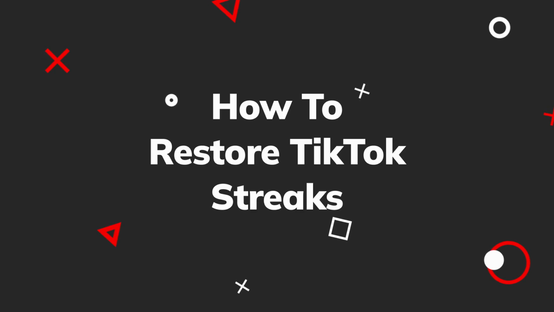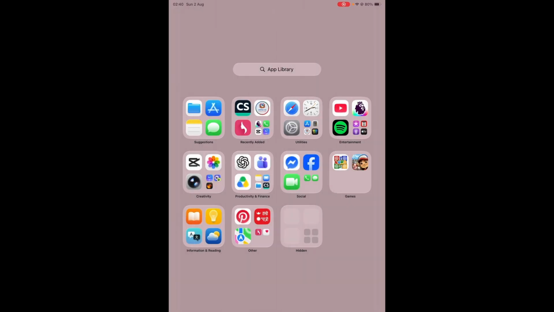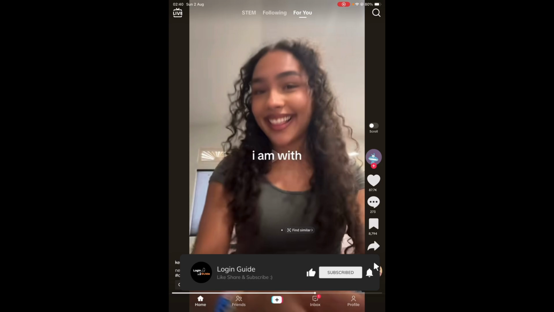Here is how to restore streak on TikTok. So first, go ahead and open your TikTok application on your device. Log into your specific account and also make sure that the TikTok application is up to date. You can ensure that by opening your App Store or Play Store and search for TikTok and then go ahead